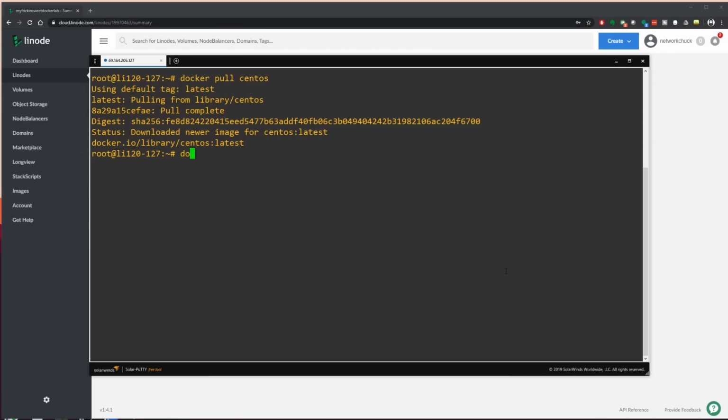So now, with that CentOS image, we're going to run our first Docker container. So it'll be the command docker run. We're going to use a few switches, -d and -t. Then we'll do --name to name this container. I'll name mine can't contain myself. Name yours whatever you want. And then at the end, I'll specify the image I want to use, which is the one we just pulled down, centos. And this is how fast Docker containers are created and run. It's running. That was it.